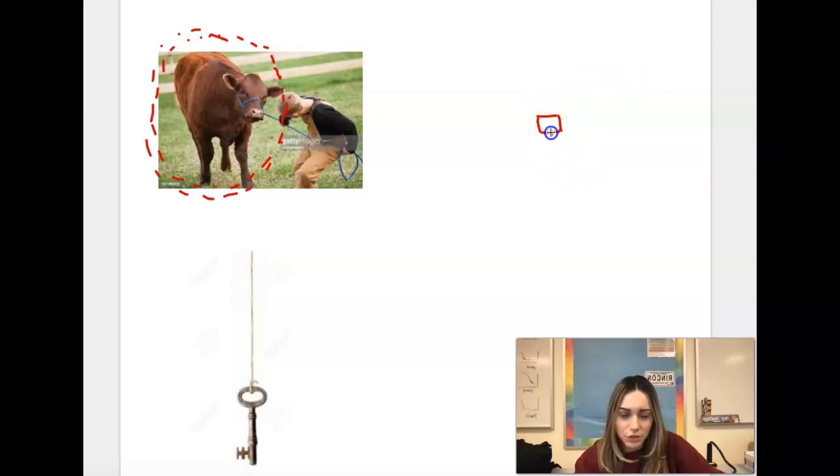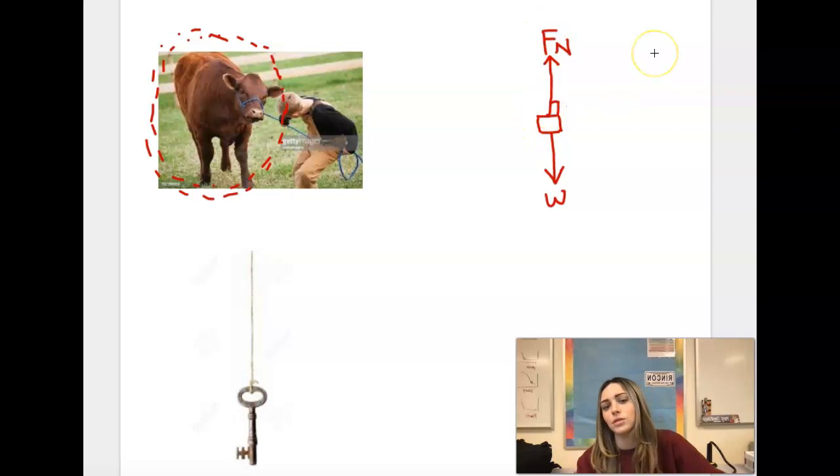Hopefully you're starting to get the picture that if I'm on a surface, I have my gravitational force or my weight going downwards to the center of the earth, and I have an equal but opposite normal force pointing upward or perpendicular to the surface. Now in this case, we see that my cow doesn't want to come with my farmer, but that farmer is still pulling. So we can see that there is a force acting about a 45-degree angle this way,